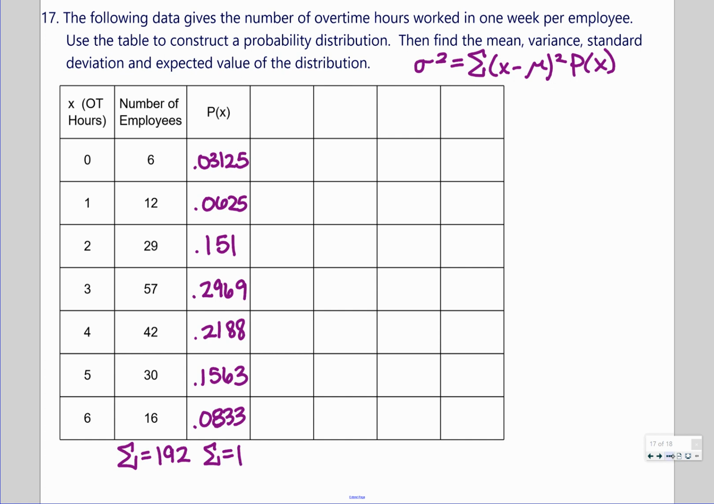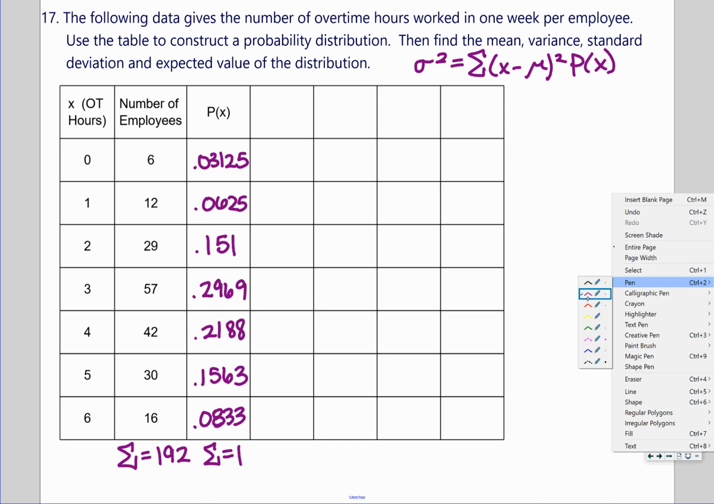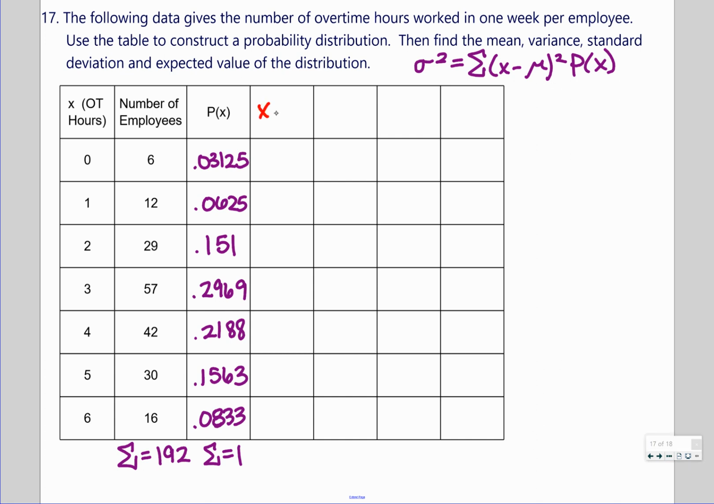So the phases that I'm going to go through with this in our table, we're going to do x minus the mean. So we're going to find the mean. We're going to take that and square it. Then we're going to take that and multiply it by the probability. I don't know if I need an extra column there. I don't know why I have an extra column. All right, so let's find